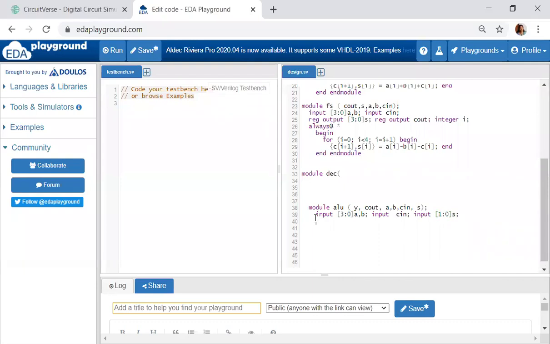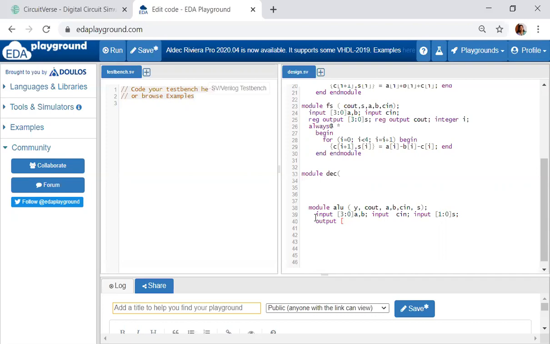Then what are your outputs? Output. So I have 3 down to 0 Y. In Y, when you're performing the addition operation, you'll get the sum. When you're performing the subtraction operation, you'll get the difference. When you're performing the AND operation, you'll get AND. And when you're performing the NOT operation, you should get the NOT.